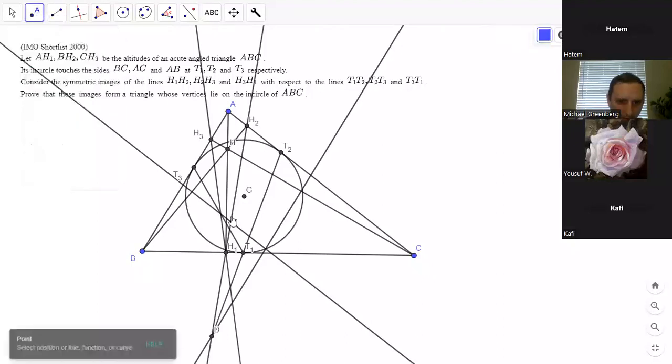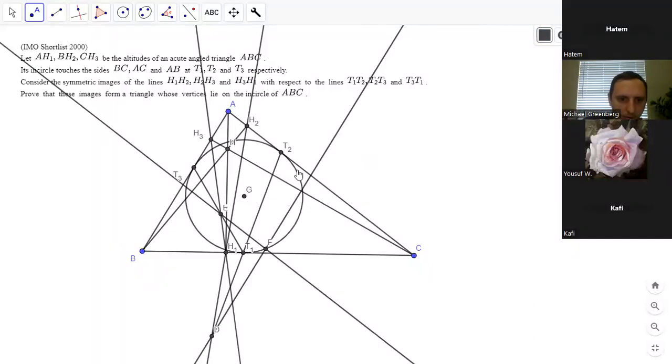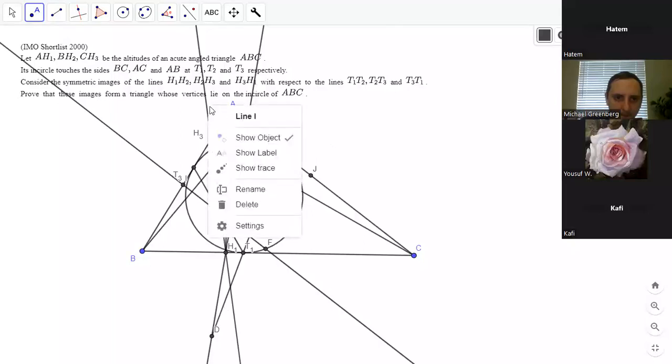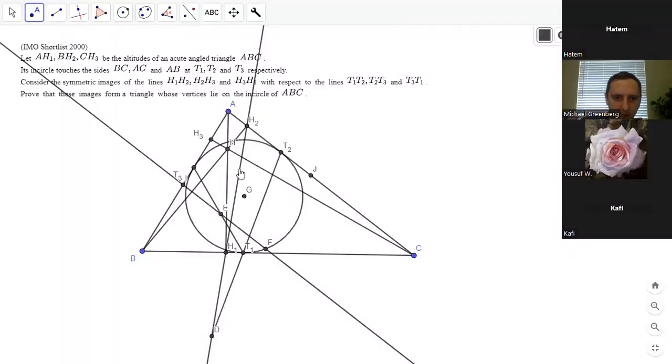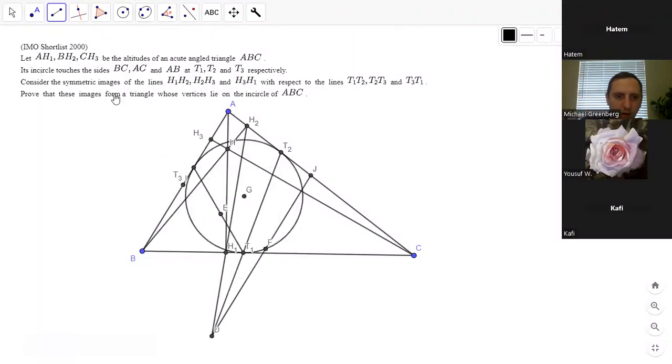And now I'll make it a little clearer. I'll just draw this point just to make things look easier. And why not this point and this point? So we have this,